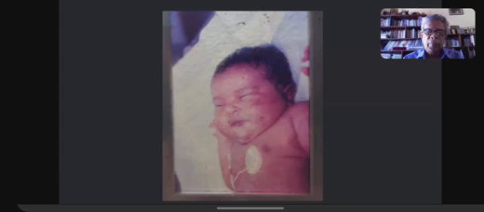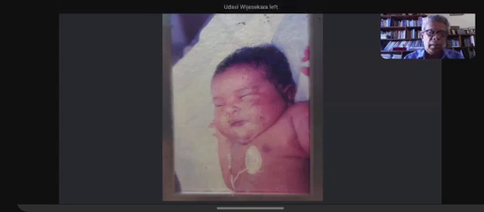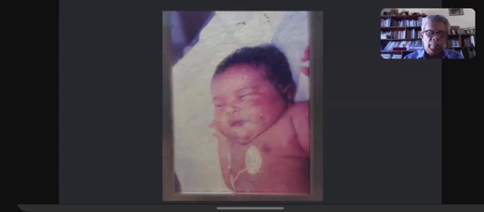Okay, this is a slide from Saudi Arabia. It's supposed to be sideways, I put it upwards. Now, again, this is an old slide, from 1990 or 91. This is a baby that my postnatal ward HO was asked to see because he was supposed to be jittery. The nurse said the baby is jittery, that is some kind of tremulousness. The baby had been born